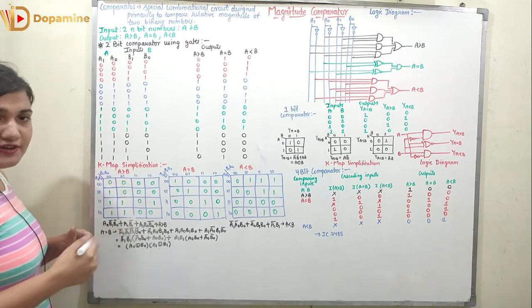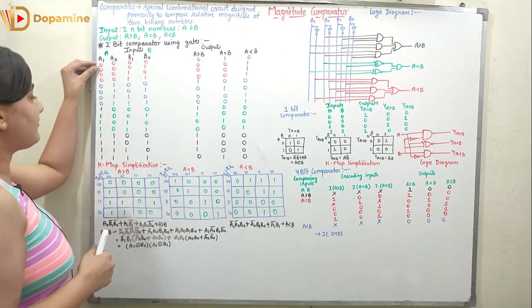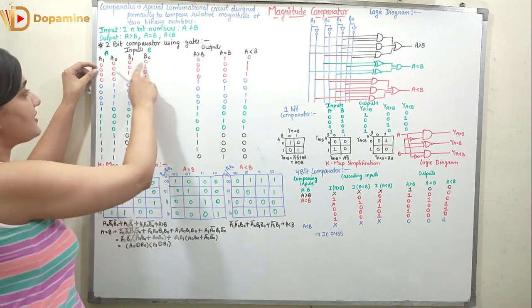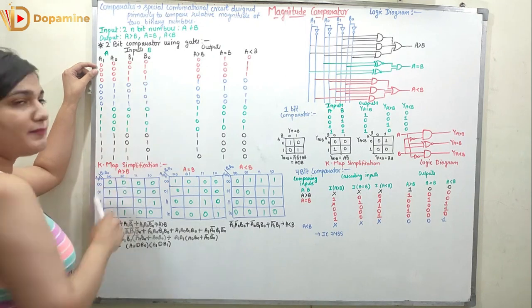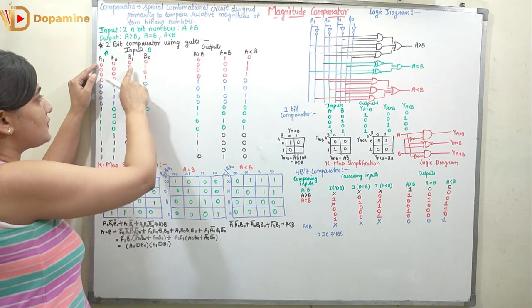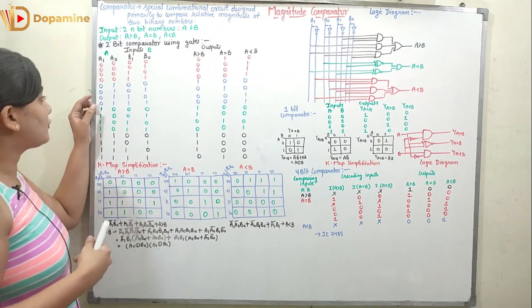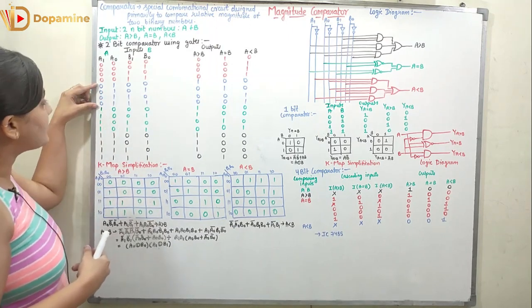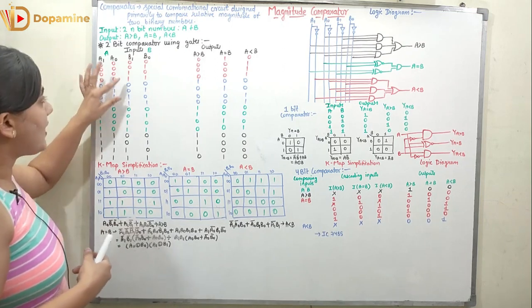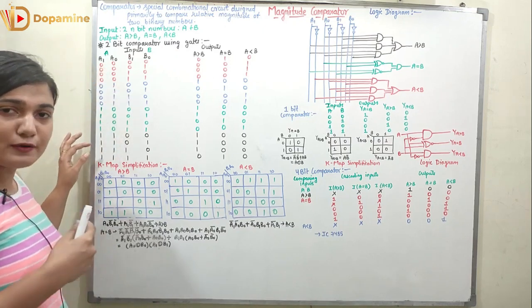First of all, we have made the truth table. For making the truth table, we have considered A1 and A0 to be 0, and for that, we have considered the 4 variations of B1 and B0. So when A1 and A0 are 0, B1 and B0 could be 00, 01, 10 and 11. The next combination of A1 and A0 is 0, 1. For the 4 cases, we have taken A1 to be 0 and A0 to be 1. Here again B1 and B0 can have the possible combinations 00, 01, 10, 11.